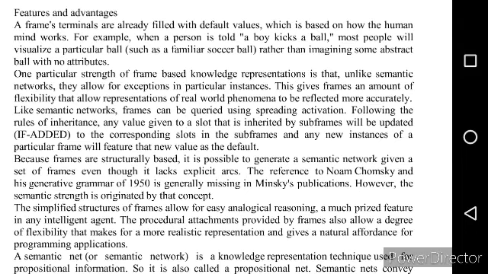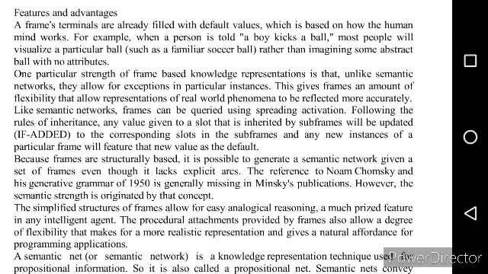Mathematically, a semantic net can be defined as a labeled directed graph. Semantic nets consist of nodes, links, and link labels. In the semantic network diagram, nodes appear as circles, ellipses, or rectangles to represent objects such as physical objects, concepts, or situations. Links appear as arrows to express a relationship between objects, and link labels specify particular relations.